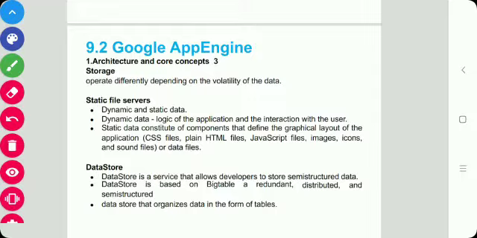These are dynamic data. So web applications are composed of dynamic and static data. Dynamic data are a result of the logic of the application and the interaction with the user, and static data mostly consist of the components that define the graphical layout. These files can be hosted on a static file server because they are not changed or modified frequently.